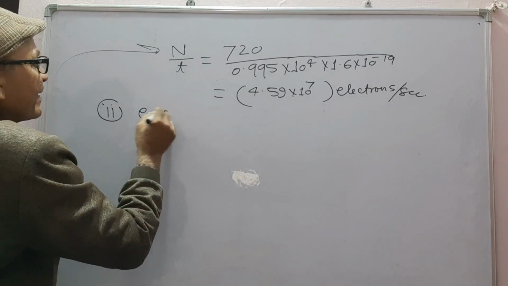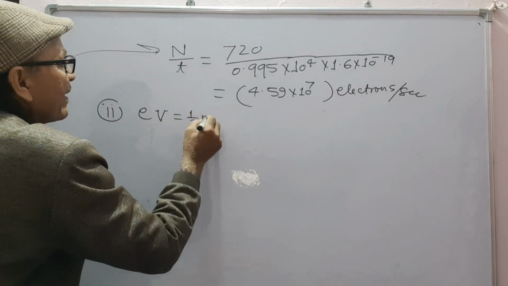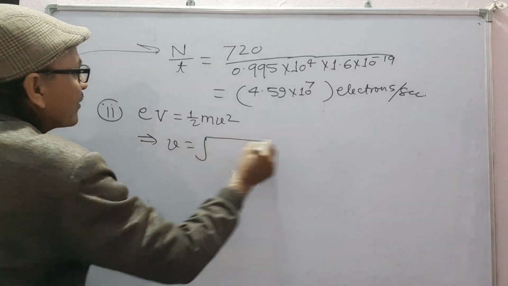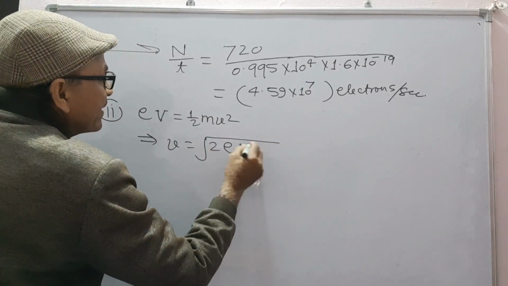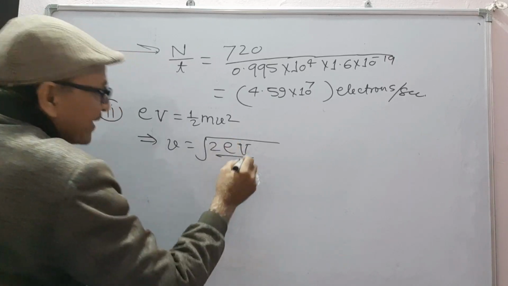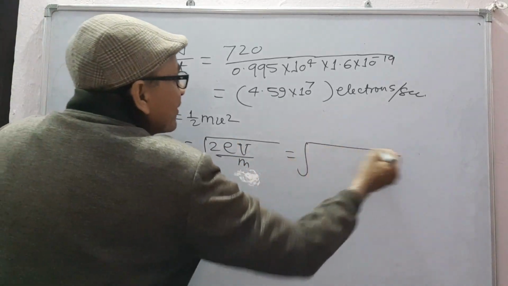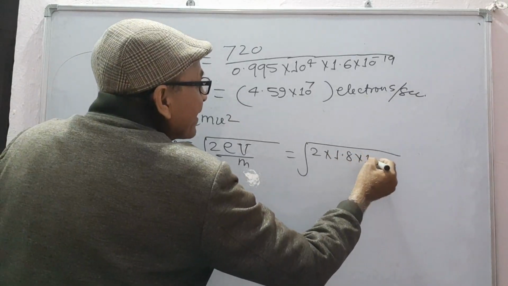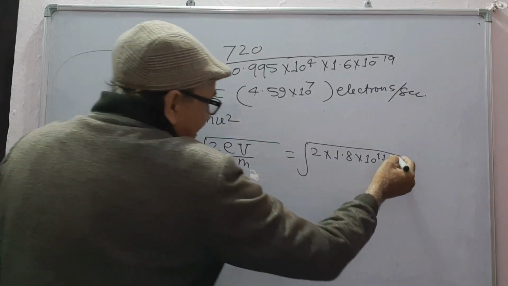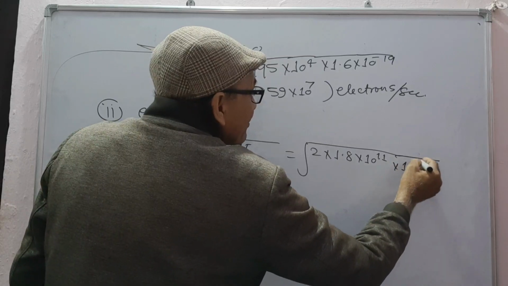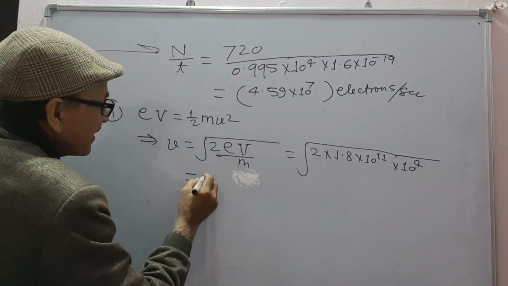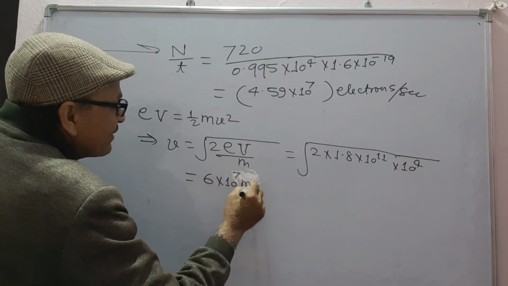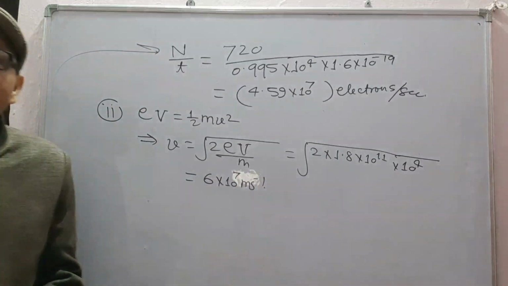E into B is equal to half mb square. This gives B as under root 2E into B upon m. E by m is known. This is 2 into 1.8 into 10 to power 11, which is E by m, and B is 10 to power 4. On simplification, we get 6 into 10 to power 7 meter per second, which is the velocity of